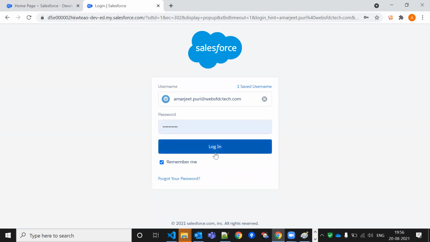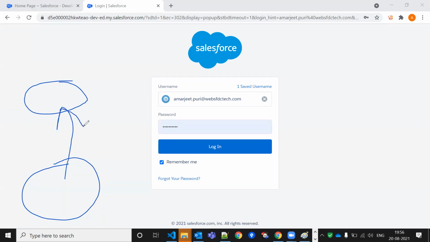Like if it is unlinked, like your question is, suppose my production and sandbox are both linked to each other, but if I have an organization which is unlinked, like it has no link with this one, after that can we make a linkage between them? Yeah, we can deploy the things to an unlinked, unrelated org as well.